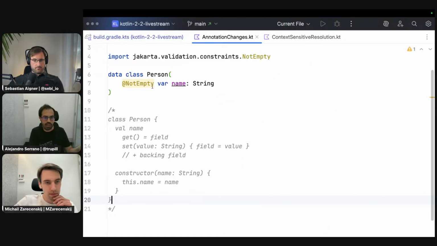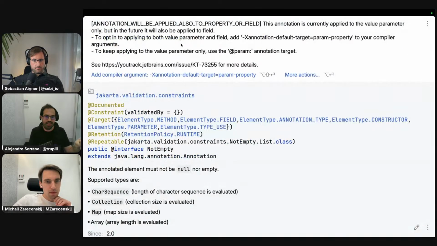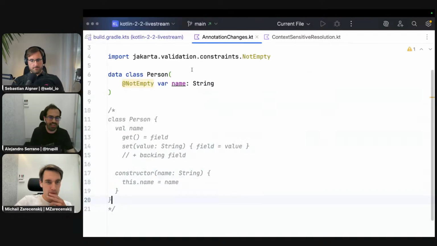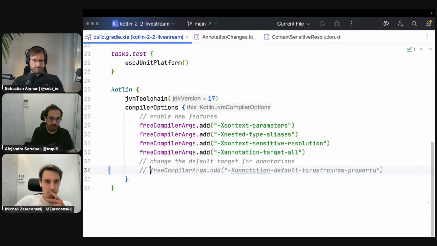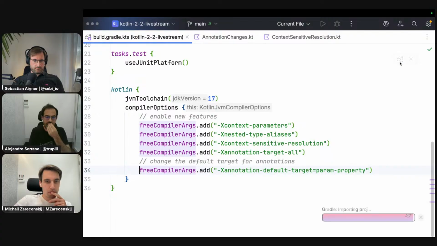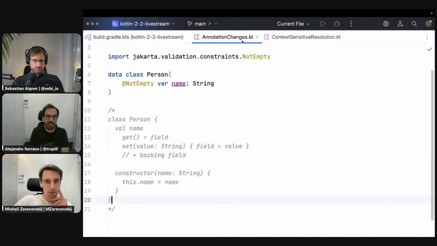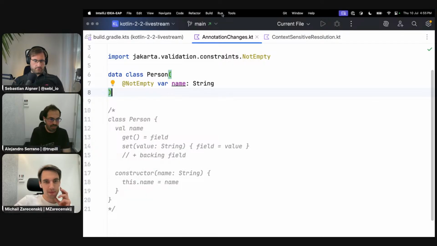So now what you get is a warning, which says that the annotation will change in the future, right? And you can read more things. So if you want to change it now and use the new, better default, you can actually change this. And I will just reload, and then you can see that there is not any warning anymore. But more importantly,